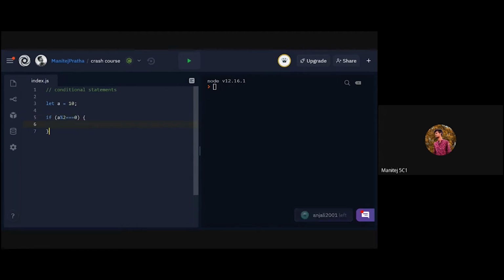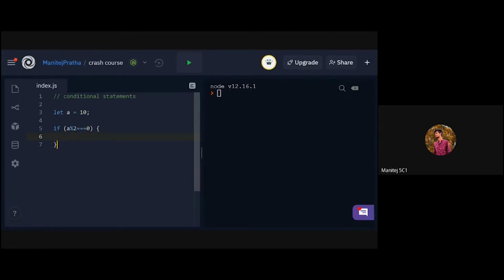Please keep in mind, in JavaScript we use 3 equals for comparison. You can also use double equals, but 3 equals is recommended. So if a % 2 === 0, let's print it as